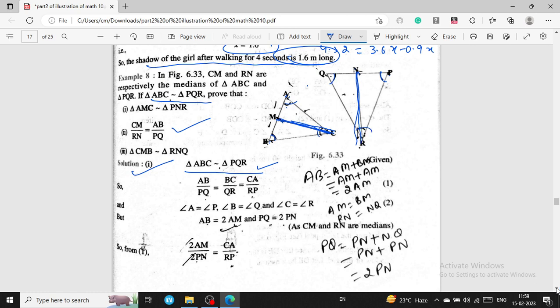According to the SSS and AAA criteria, we can say AB and these are equal, and these are similar triangles. AB is equal to 2AM because M is the middle point. So that's why we can say AB is double of AM and PQ is double of PN. So 2AM over 2PN is equal to